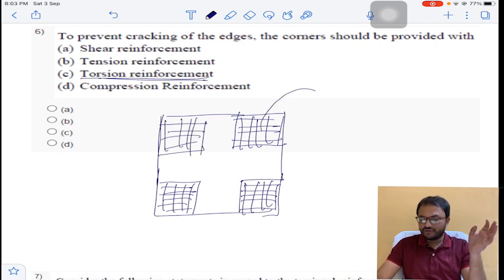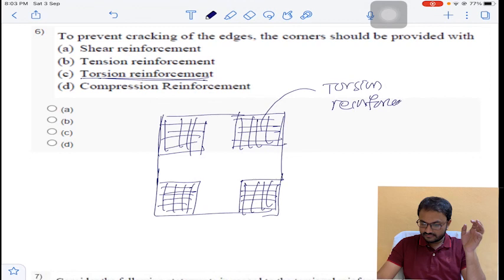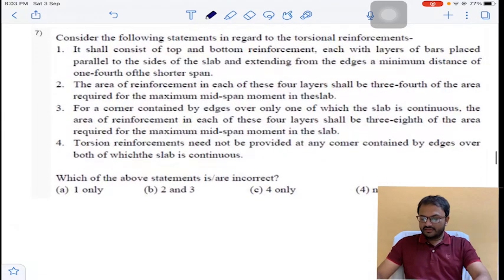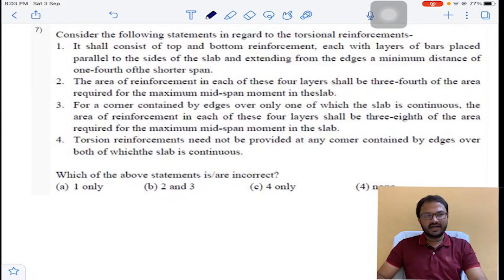This additional reinforcement is called torsion reinforcement. So the answer is C for question number 6. And it's a very complete theory question. Question number 7. Following statements regarding torsional